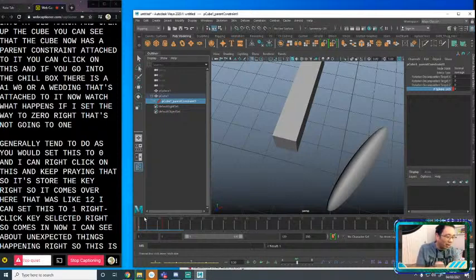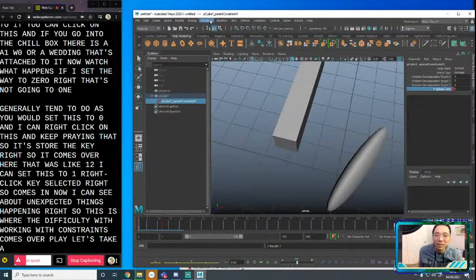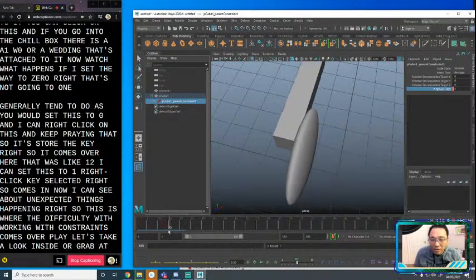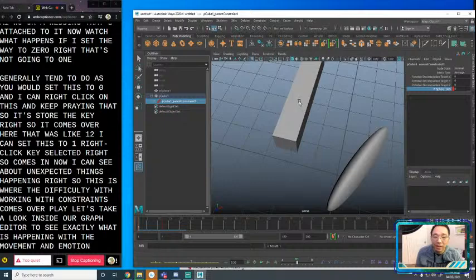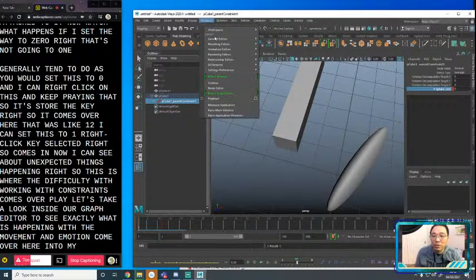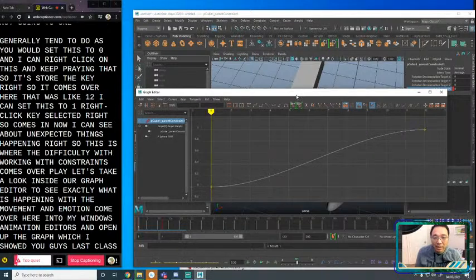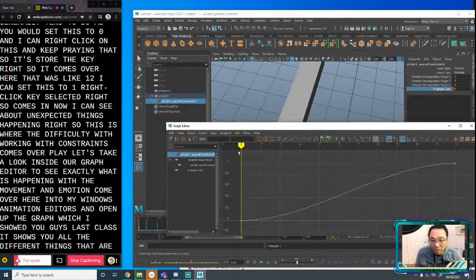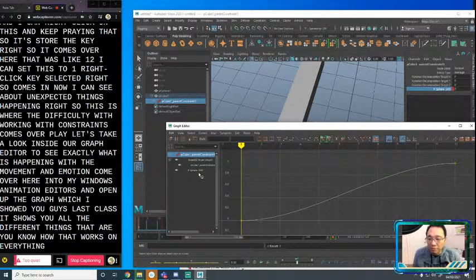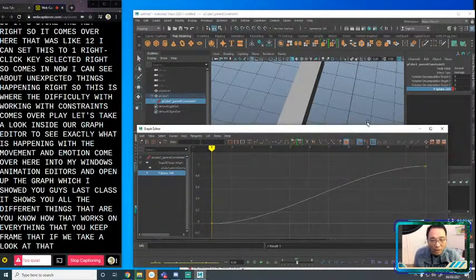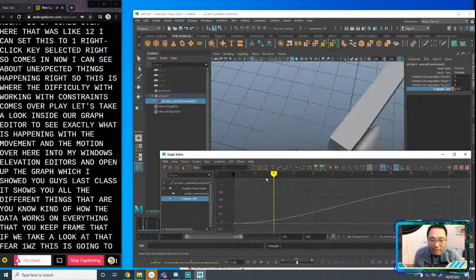So this is where the difficulty with working with constraints comes into play. Let's take a look inside our graph editor to see exactly what is happening with the movement and the motion, right? So I'm going to come over here into my Windows animation editors and open up the graph editor, which I showed you guys last class. It shows you all the different things, kind of how that animation data works on everything that you keyframe. And if we take a look at the sphere 1W0, oh, actually, this isn't going to be